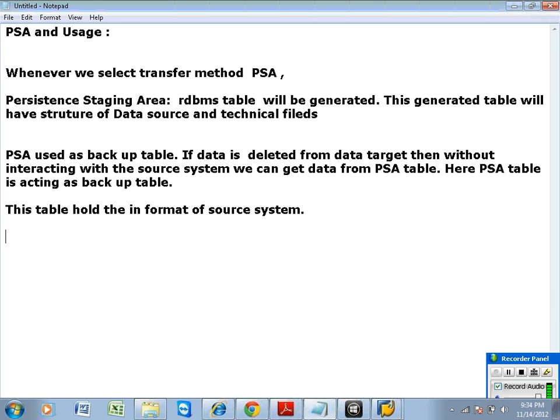Typically, whatever data you have in the source, you are dumping the same data in the PSA without changing. That's the reason the table holds the data in the format of the source system, without changing anything.